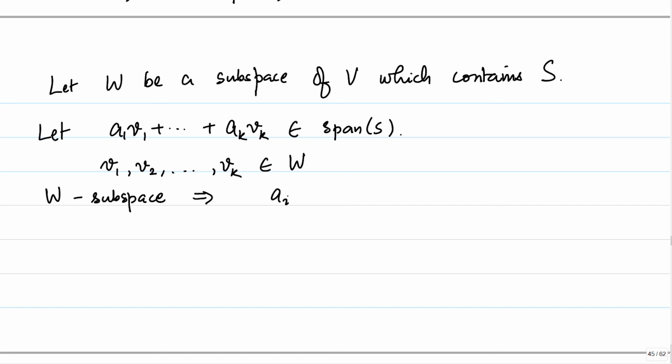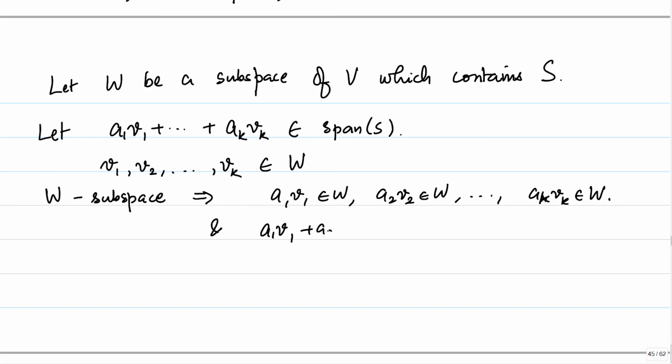This implies that a1 v1 belongs to capital W, a2 v2 belongs to capital W, and so on, up to ak vk, which also belongs to capital W, because all scalar multiples belong. But again, W is a subspace, so it's closed under vector addition as well, and a1 v1 plus a2 v2 plus ak vk belongs to capital W. Therefore,